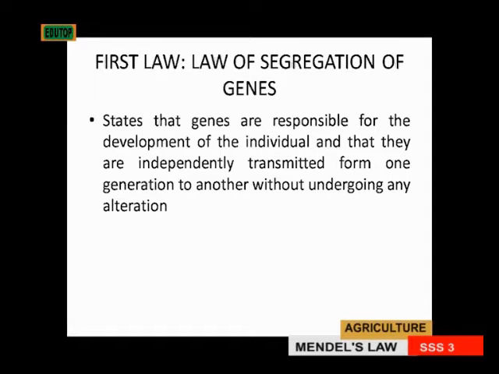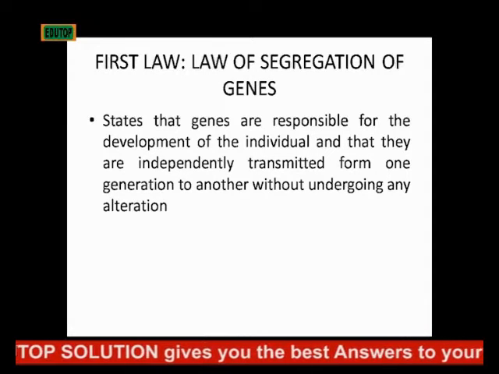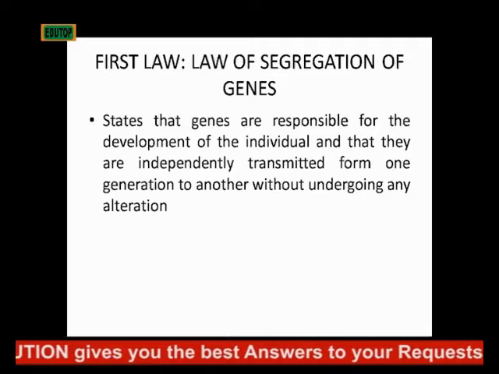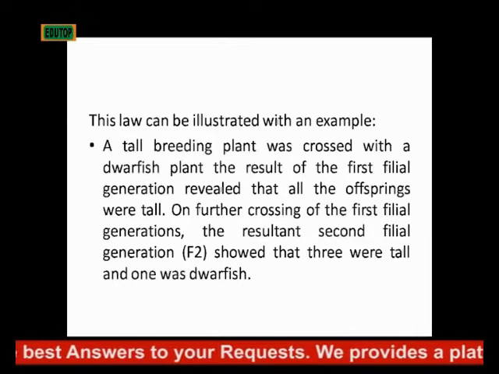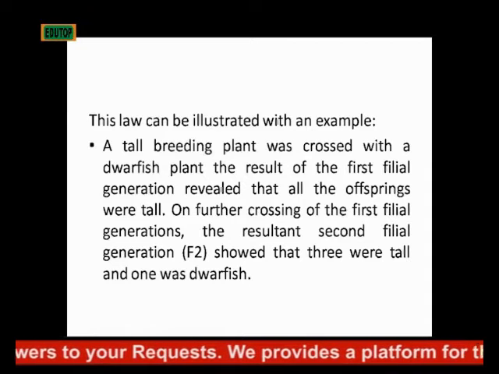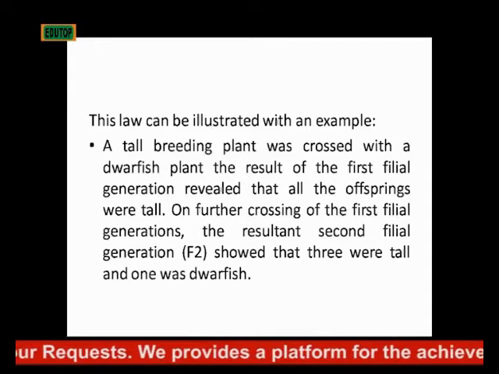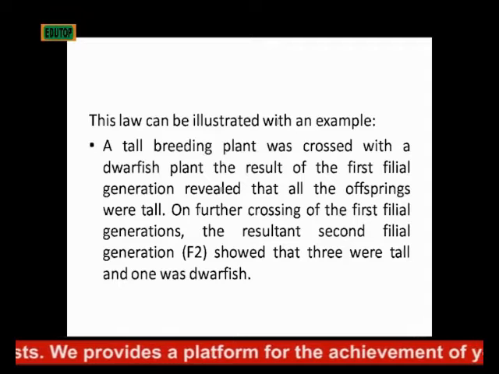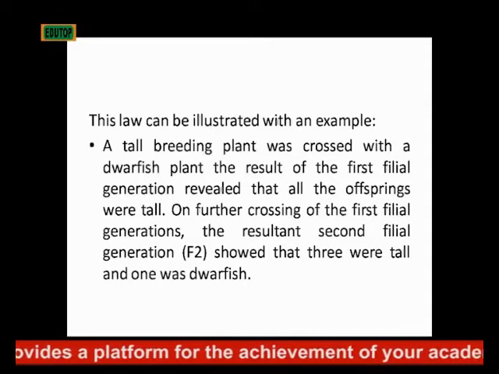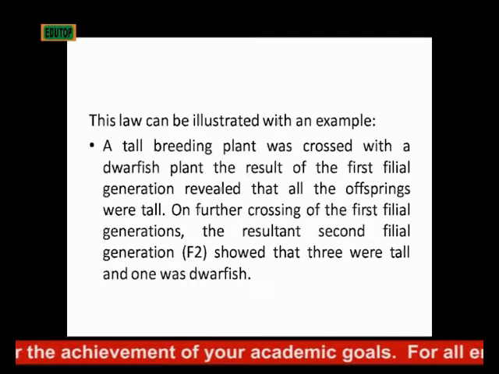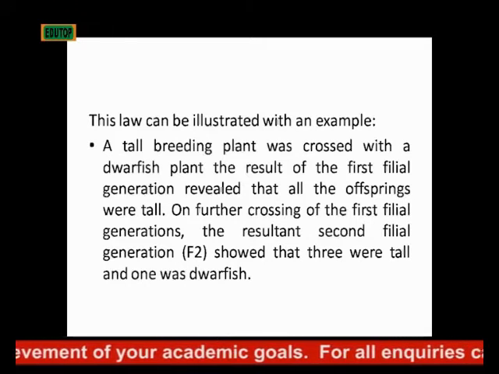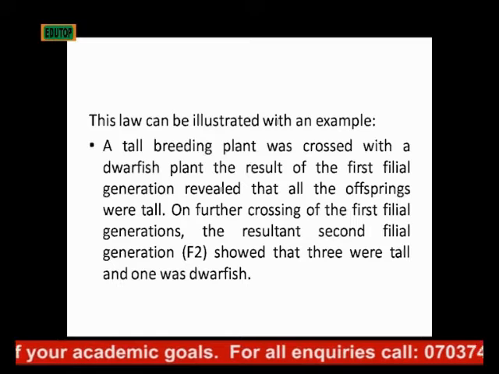from one generation to another without undergoing any alteration. The law can be illustrated with this example. When you have a tall breeding plant, a plant that is tall, then you cross it with a plant that is short or a dwarfish plant. When you cross them, you discover that the offspring that will be produced, which is the first filial generation, that's